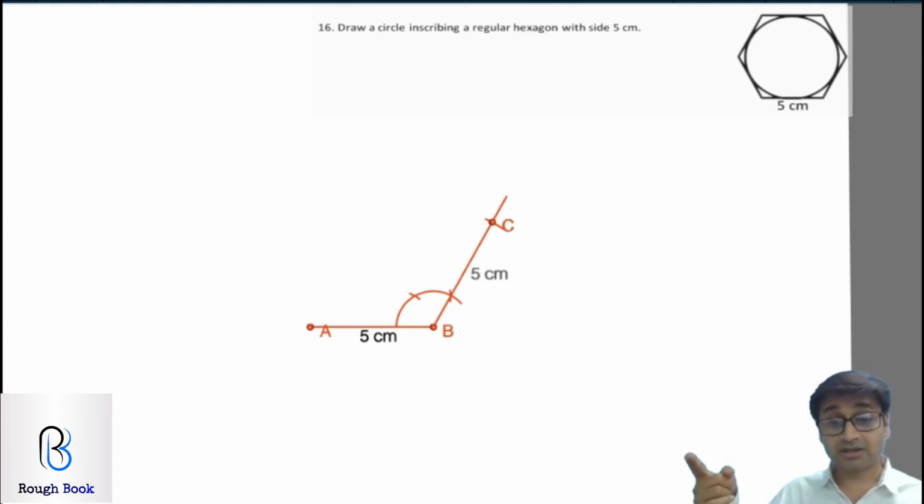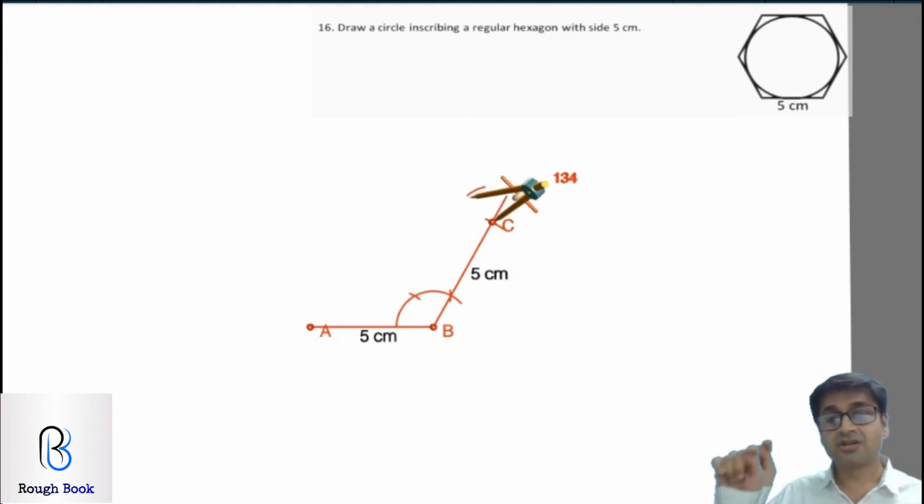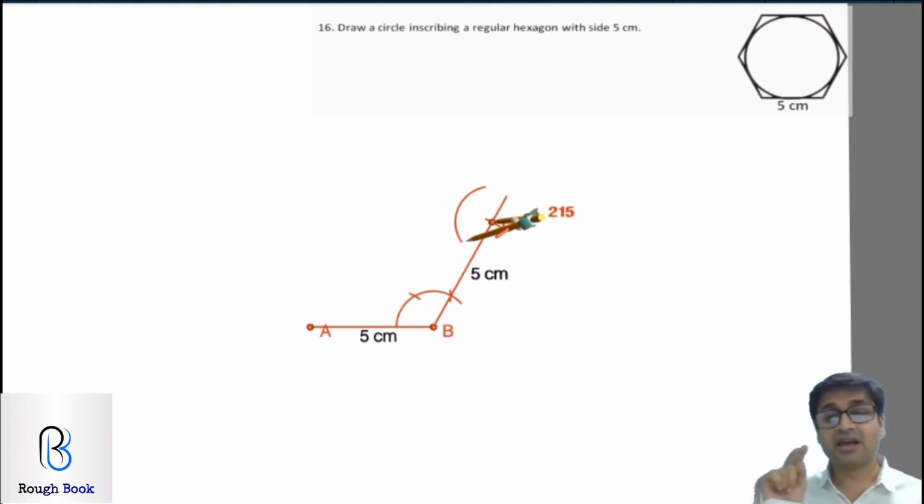The next one, 120 degrees. I'm talking softly so that you can hear the music and you can also get the explanation. So from C, 120 degrees, cut an arc. Cut the second arc, I can't help teaching, I'm sorry. So cut your second arc and you get another 120 from C. Join it, you'll get your second 120.